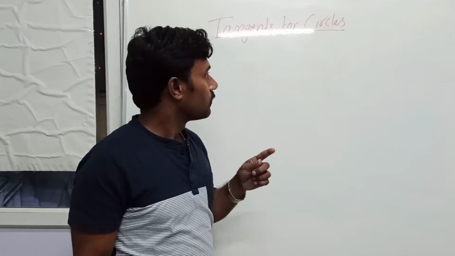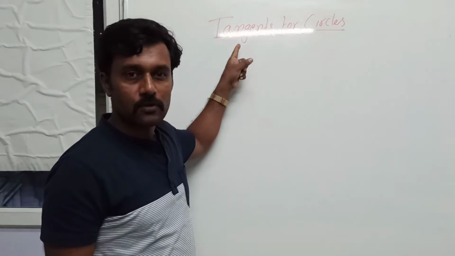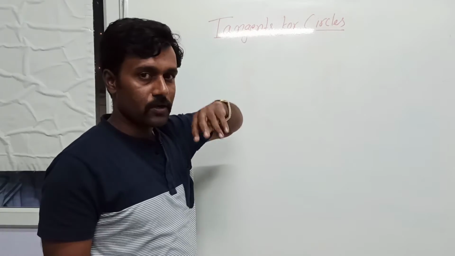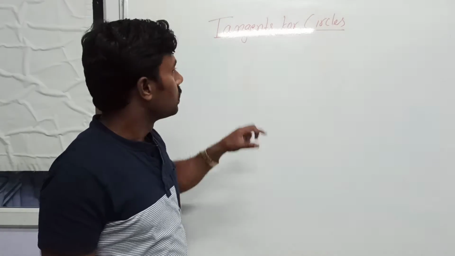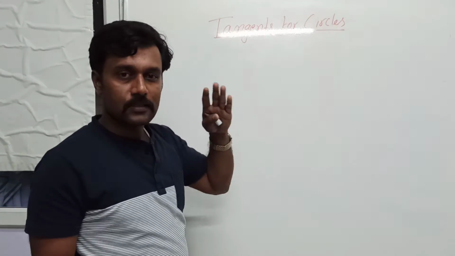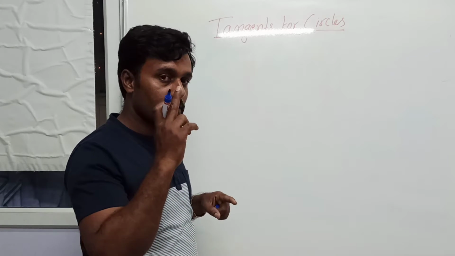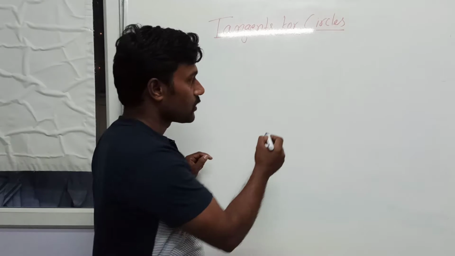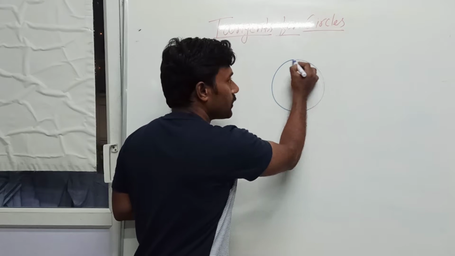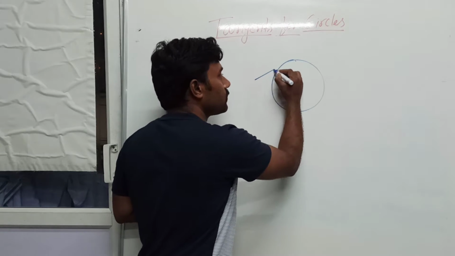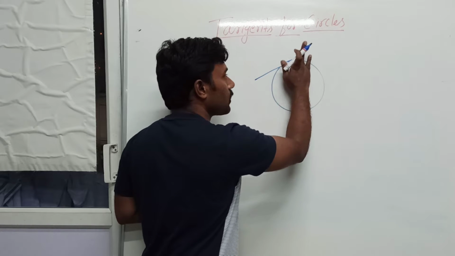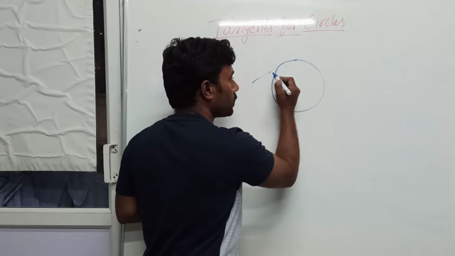In this class, we are going to discuss tangents. So you understood in my previous class, what is a tangent? A tangent is a line which is going to touch the circle at only one point. So then it is called what? A tangent. For example, if a line is going to touch the circle at only one point,